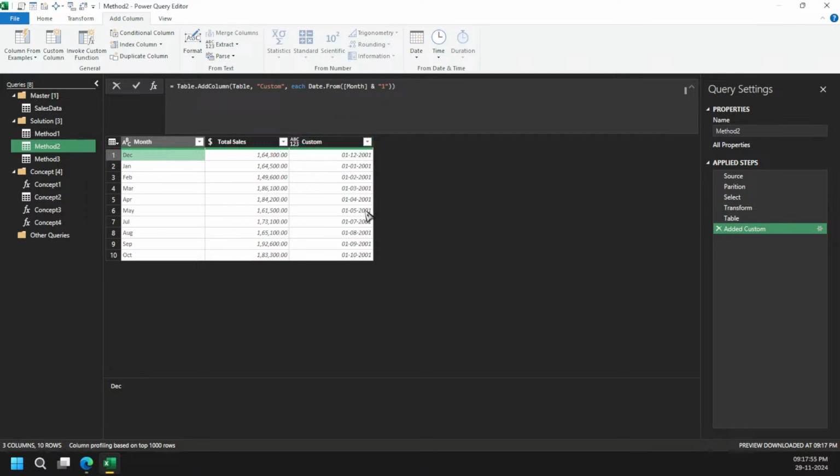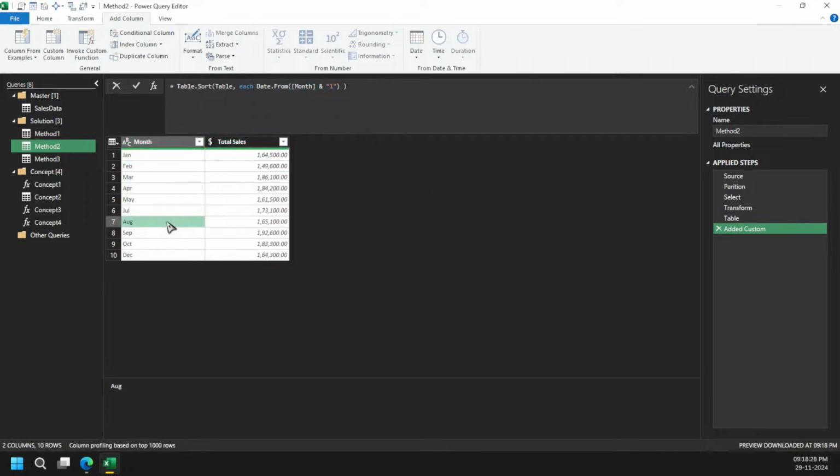Now you can sort it this way, but there is an idea. If you see the Table.Sort function, let me remove this portion. The moment I do, it says comparison criteria is any. Got it? So that's the feature we can use. I am going to do it this way, each Date.From month, and that's it. So the month will convert first into the date format, and then it will sort it out, right? And then you can see I've sorted my months quickly and arranged my data.